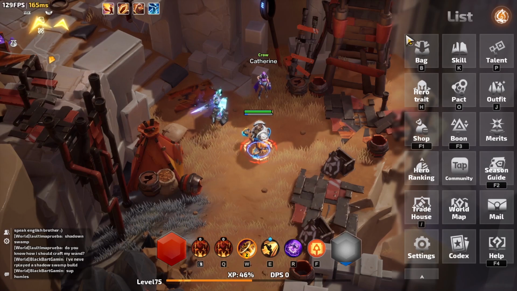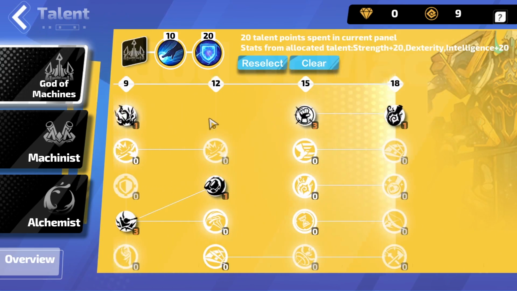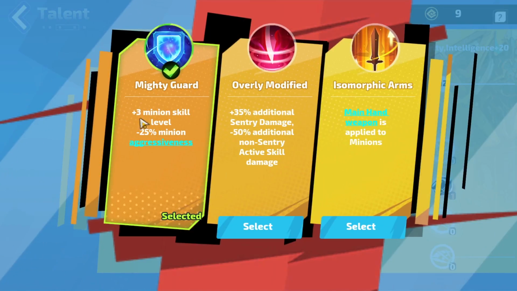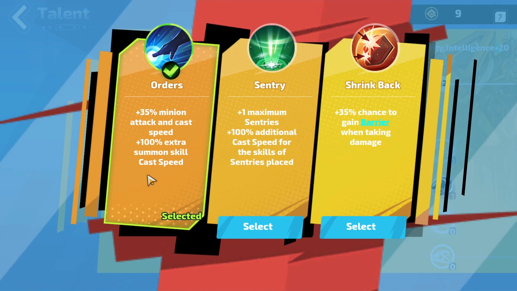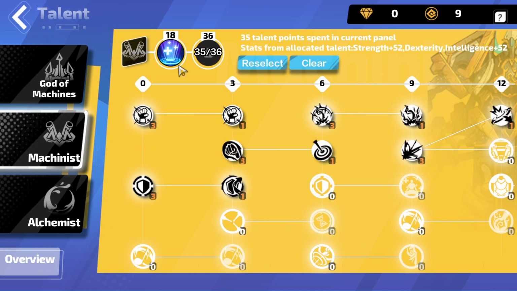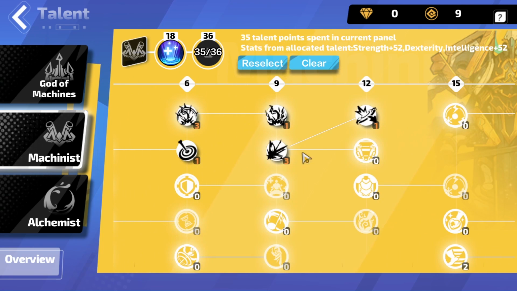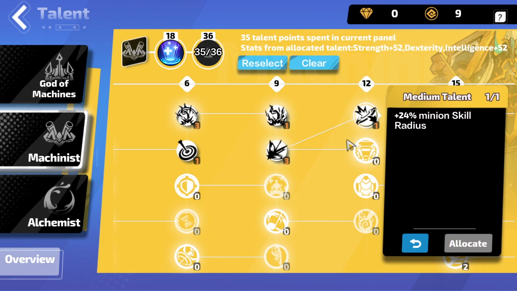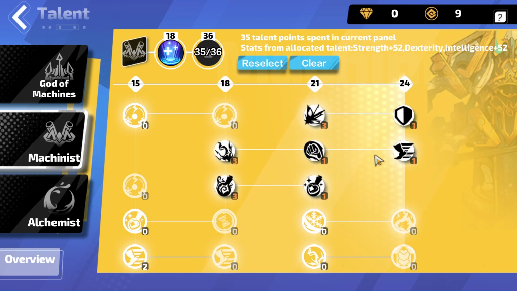after level 20. So first let me start with talent tree. So again, here you're gonna get these 20 points, 3 minion levels, and summon cast speed. With Machinist, you're gonna go first for just 18 points in here, so you're gonna go for these minion damage nodes, these minion attack speed nodes, minion crit, minion damage in here, and minion radius for your guards. Then physical damage, and